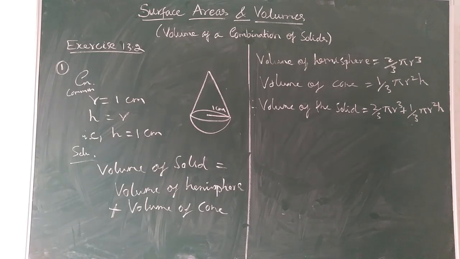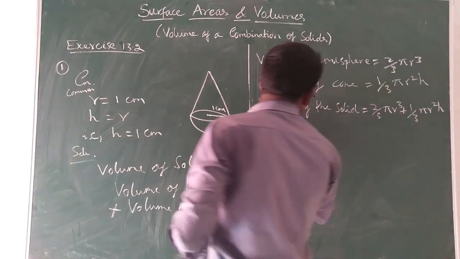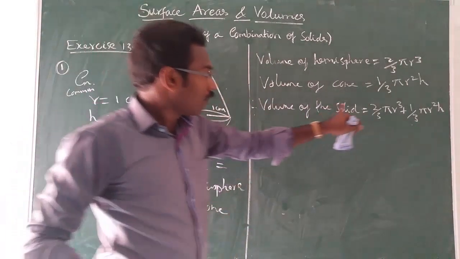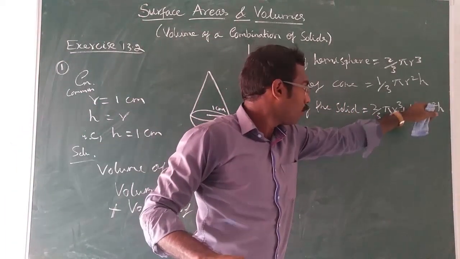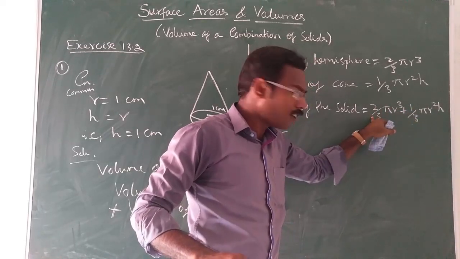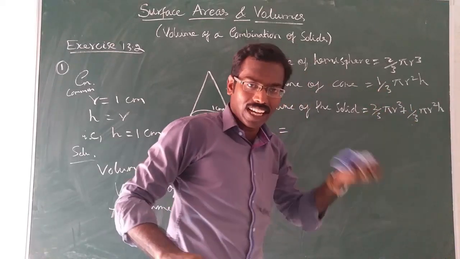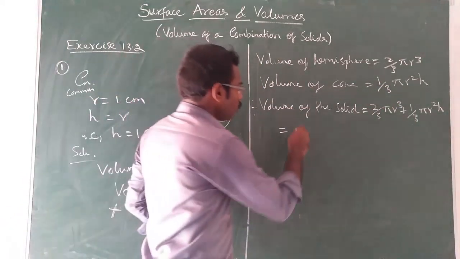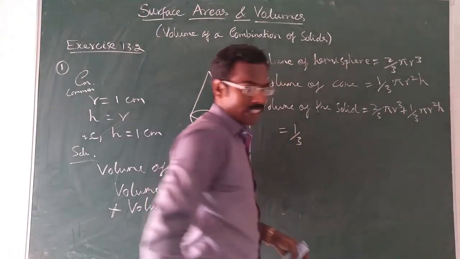You can add like that, but if you are more confident, to save time, you better do it in a single step. So now, can we take anything common? By 3 is there, no? 1 by 3 is common. Here also 1 by 3, here 2 by 3, which means here also by 3 is there or not? Understood or not? So 1 by 3 we can take commonly outside.